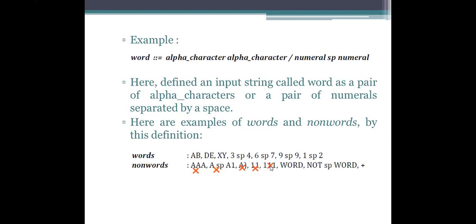And the usage of 3 numerals is also a wrong one. And here we are using 4 such letters to represent this definition, and it's not an acceptable one. And here also it's not acceptable. Simply specifying a symbol is not acceptable. So while designing or processing, we need to take these definitions into account. We need to compare the definition with the inputs we are processing, and then we will specify which are the correct inputs and which are the incorrect or invalid inputs for that processing.